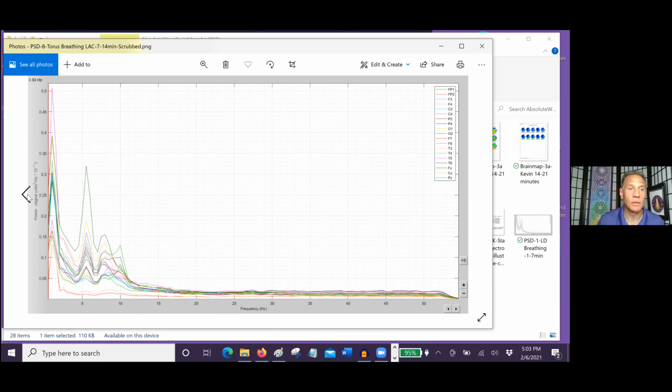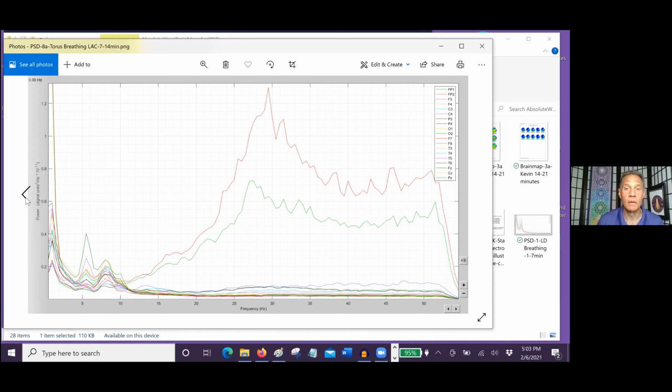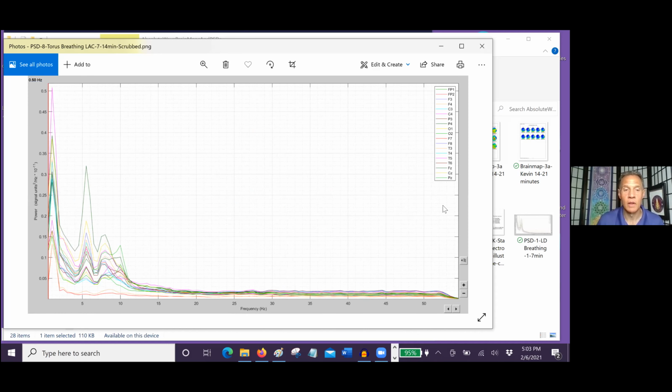So go back, see, here's what it looks like before. Here's what it looks like after. You'll see high delta, high theta, we're at just about 6. Again, the high theta, just about 8. And then the low alpha, just about 10. So this